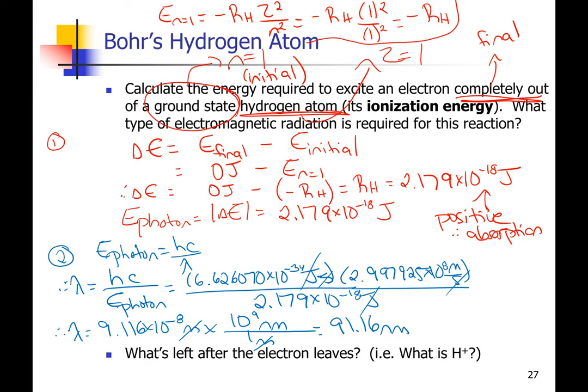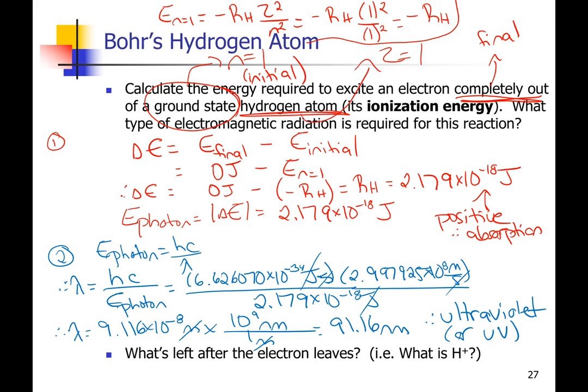And if visible is 400 to 700, 91 is a little bit less than that. Shorter wavelength light has higher energy, so slightly higher energy than visible is ultraviolet, or UV. And so if you want to excite an electron out of a hydrogen atom, you are going to have to use UV light